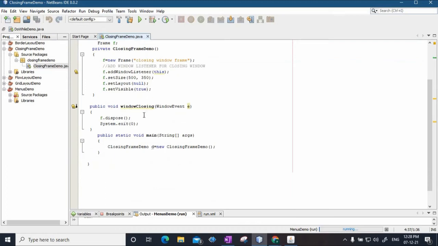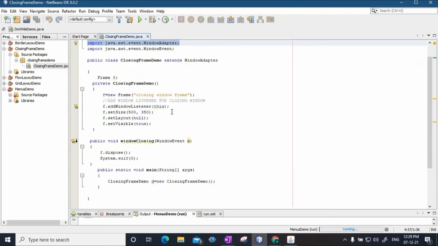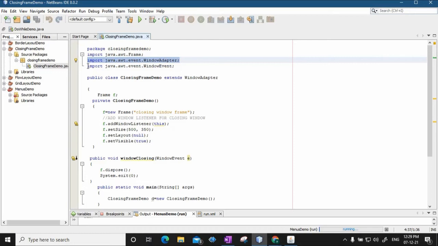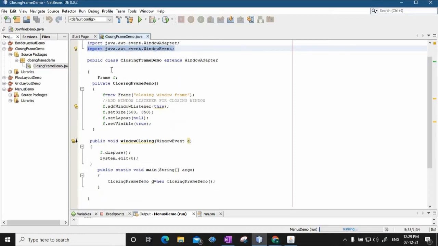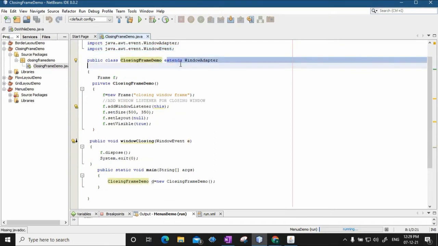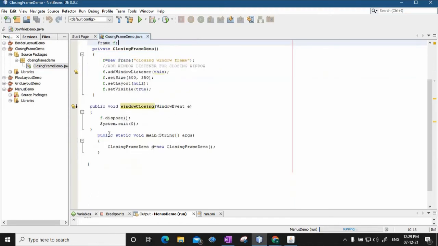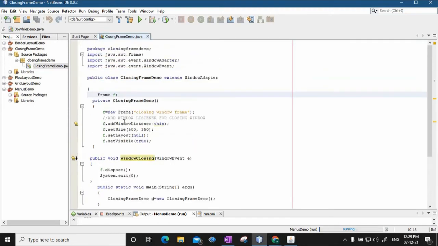This method contains the code that has to be executed if you want to close the frame. This windowClosing method itself takes an object of the WindowEvent class. WindowEvent is an event, right? So I require another import statement to import the class called WindowEvent. Now the class that I am creating should extend this WindowAdapter class. Only then can you override the method called windowClosing.